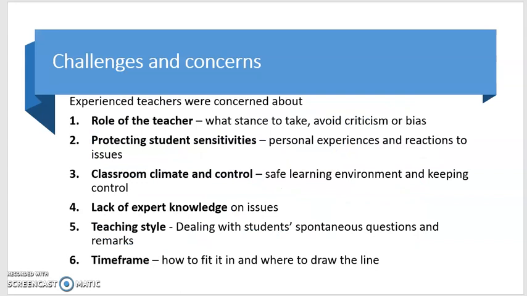Well, research suggests that experienced teachers are concerned about five things, and you might want to think about this in relation to student teachers as well. The first thing they're concerned about is the role of the teacher, the teaching style. What stance should they take on a controversial issue? Because it's about attitudes and opinions, and nothing is neutral. And therefore they've got a particular concern about being criticised for what they say about an issue, or being seen to be biased. The second concern is about protecting student